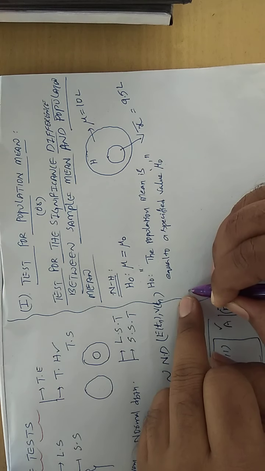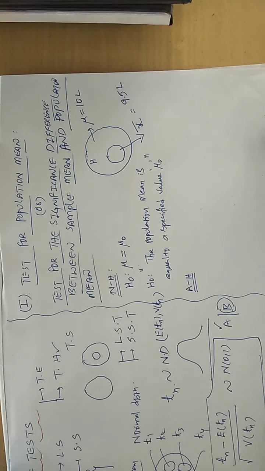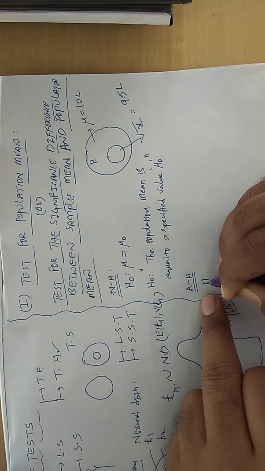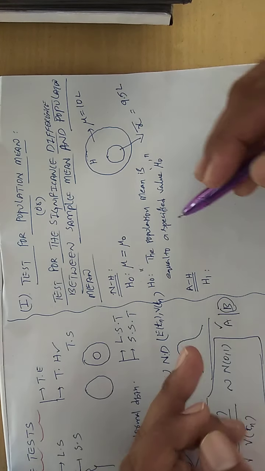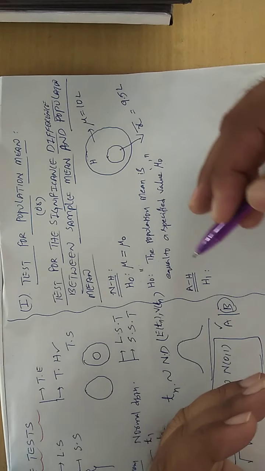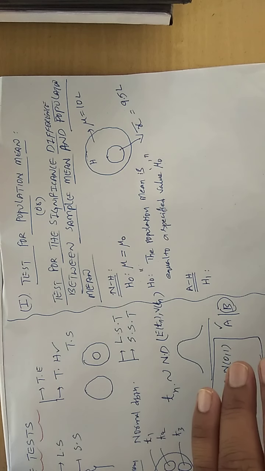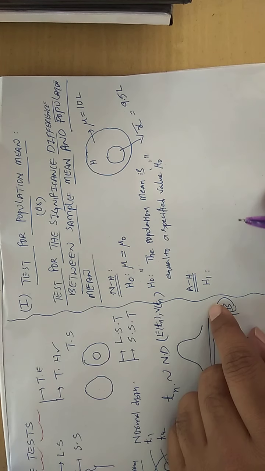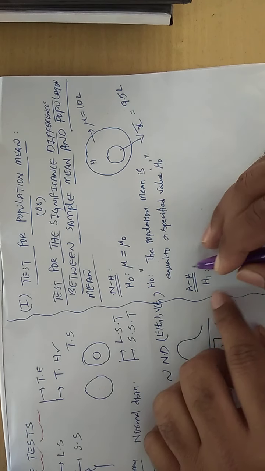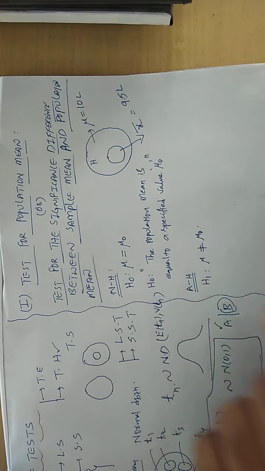Immediately you need to write one more statement, which is called the alternative hypothesis, H1. What do you mean by alternative hypothesis? A quite opposite statement to the null hypothesis is known as the alternative hypothesis. In the practical way, sometimes you need to write less than or greater than also, but this is the theory. We are still developing the theory of the test for population mean. So directly you write here: mu is not equal to mu naught. This is the statement.